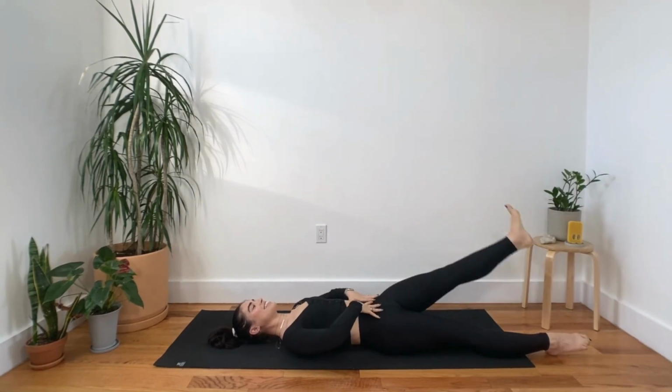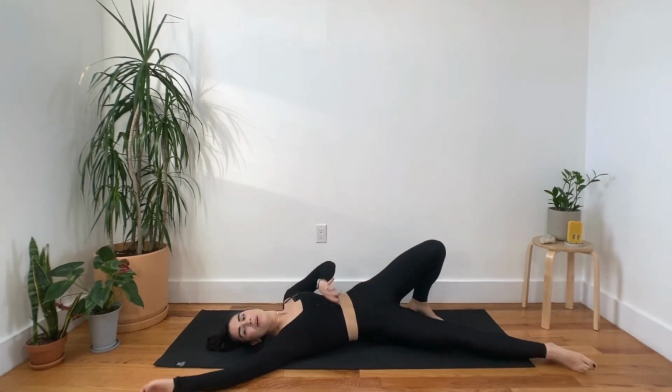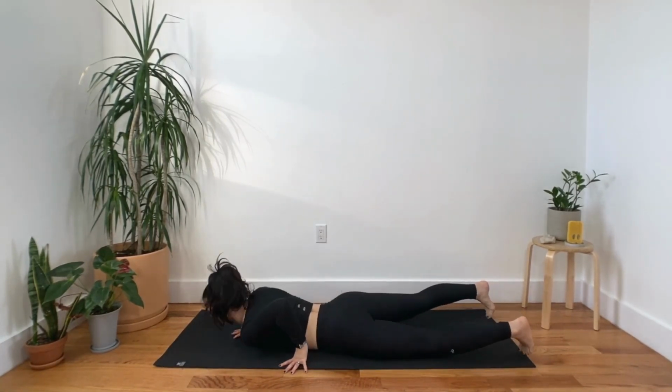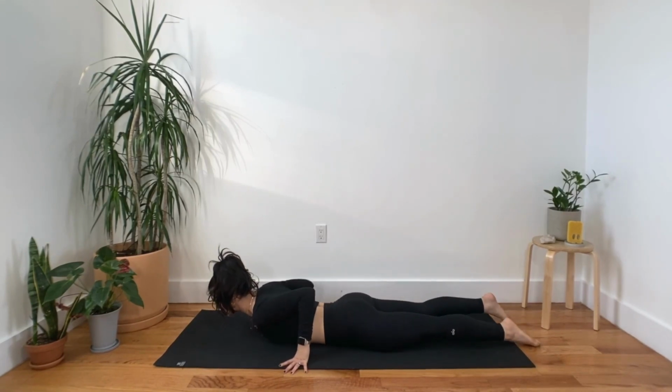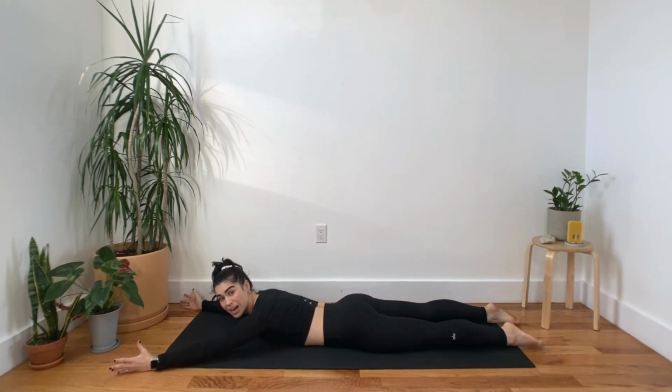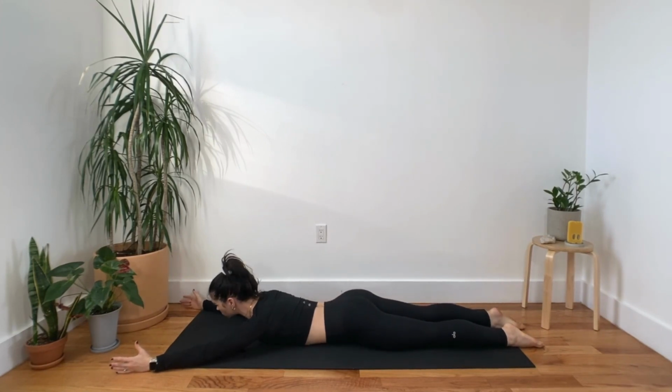Relax that leg down. And then log roll over onto your stomach. We're gonna do some posture, some more back body stuff. So my legs are hip width apart. You're gonna extend your arms all the way out in front of you. I like to go wider than the mat, or as wide as the mat rather, so there's no tension in